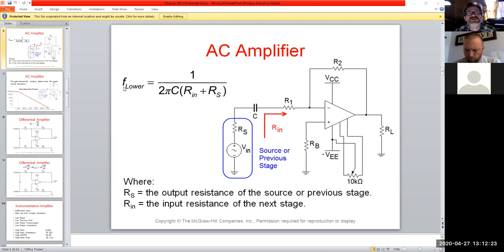Look further in here and we see, so what's our formula that we would use? So the lower frequency, 2 pi RC, or in this case, you have your source resistor here, and then viewing from the driving source, is the input resistance of the next stage. So up to that point, right? And then we come up with our equivalent R value with the capacitor value we selected, and then we would find out what our lower frequency cutoff would be for this particular circuit,